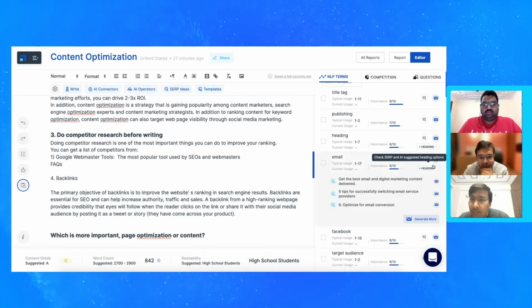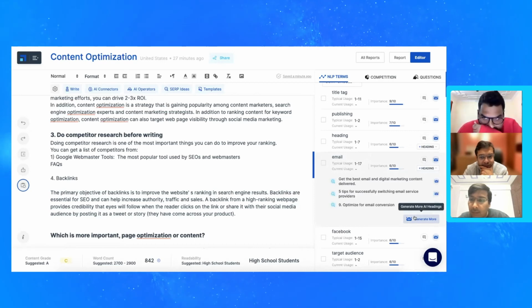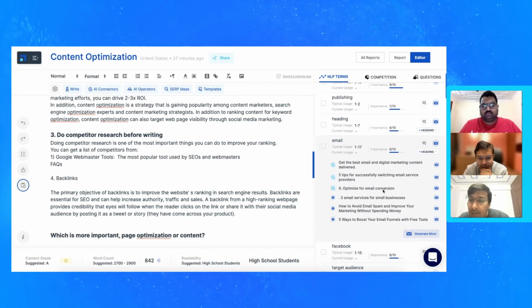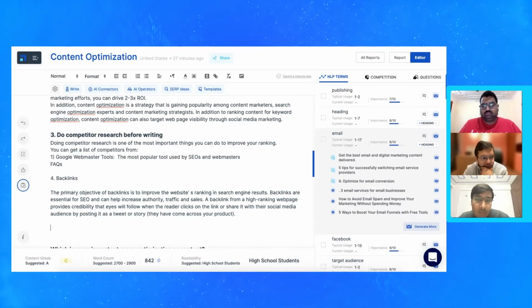You want to, let's say, optimize for email conversion, let's say, right? I want to generate more. Then the more topics get generated around emails, right? And then I can also write about some of the topics here. Let's say,